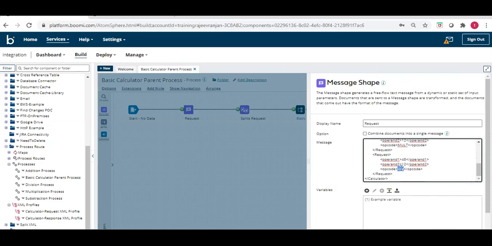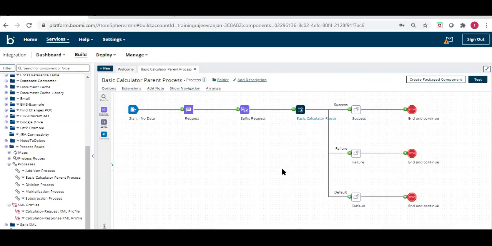So in this particular request, we have four different kinds of requests to perform the different operations. We'll see here.